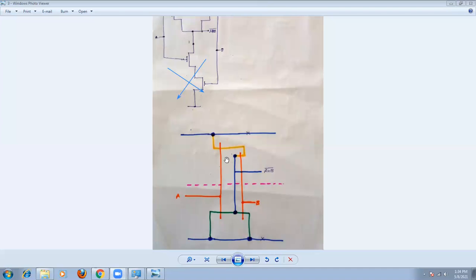Then only the transistor will be formed. If there is a contact cut, there is no chance of the existence of the transistor. Remember, we are going to violate the rules of the CMOS design style. Therefore, only polysilicon will cross the demarcation line to form a transistor. Whenever the polysilicon crosses the diffusion path, a transistor is formed, and only polysilicon and metal layers will cross the demarcation line, and no diffusion paths, that means N diffusion or P diffusion, will cross the demarcation line. These are the most important rules you have to remember in this case.